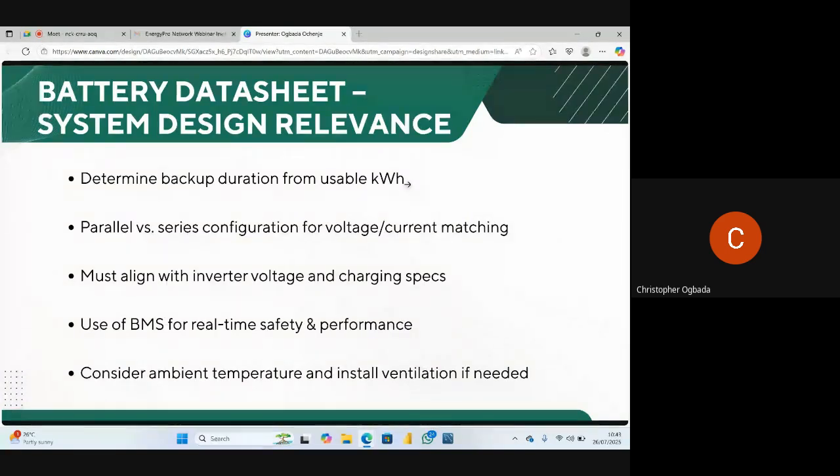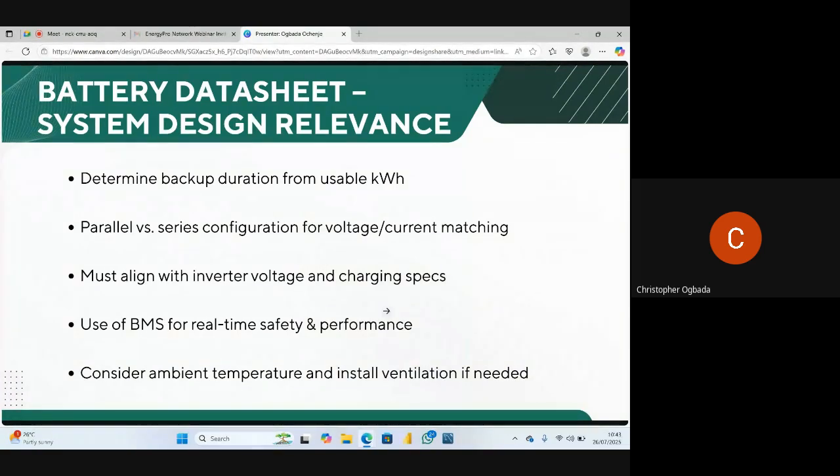So if you divide it by 0.8, if it is 80, or 0.9, then you now know what you can get from that battery in 1 hour. So assuming now that you will have a particular load, if you divide the total kilowatt hour of that battery by the load, you will know how long that battery can go with that load, considering the depth of discharge.